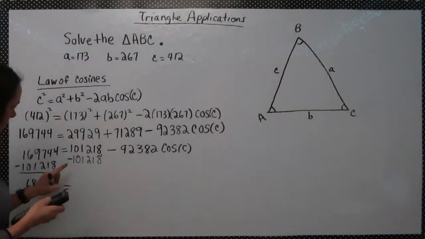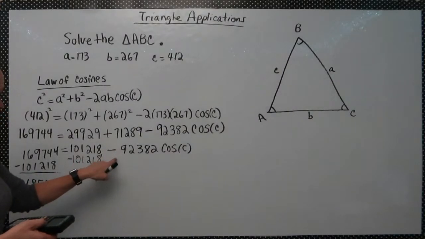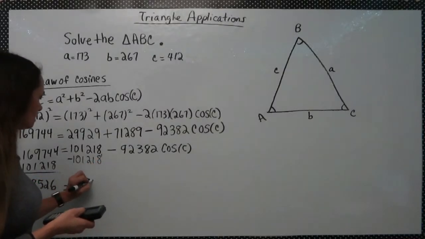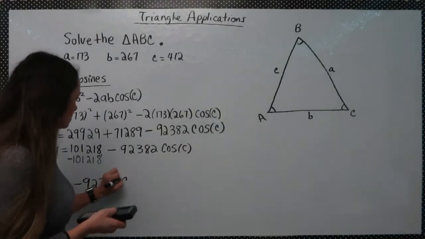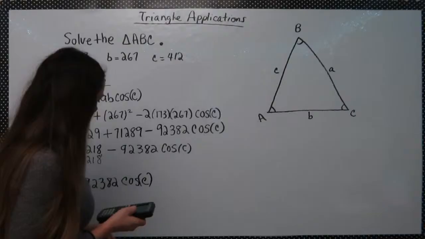6,8,5,2,6 equals, that's 0, and it's going to be this right here, minus 92,382 times the cosine of C. All right,